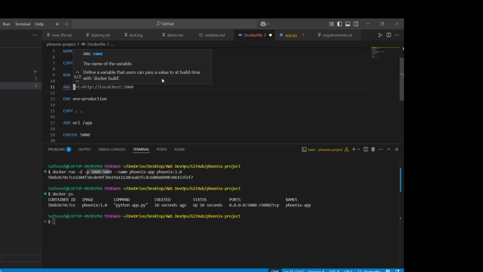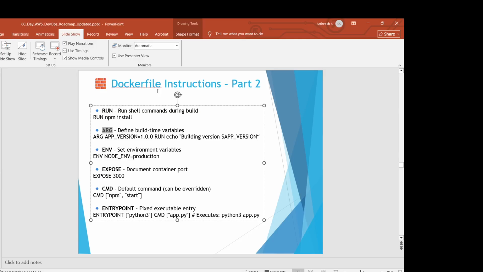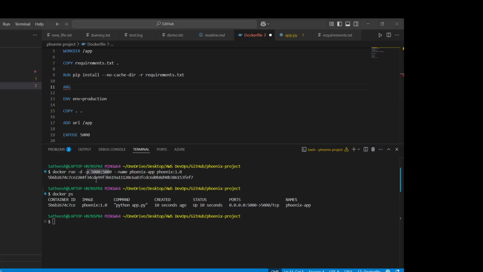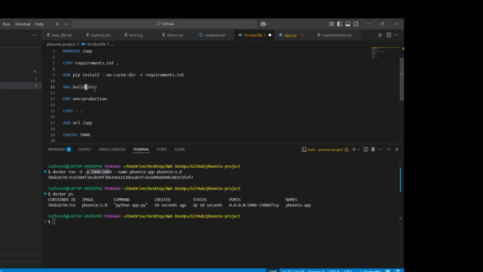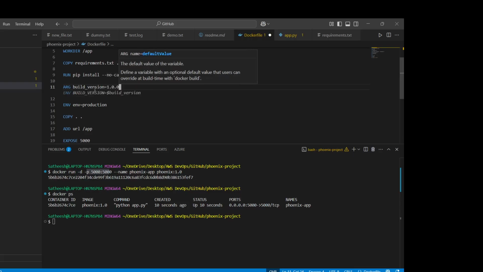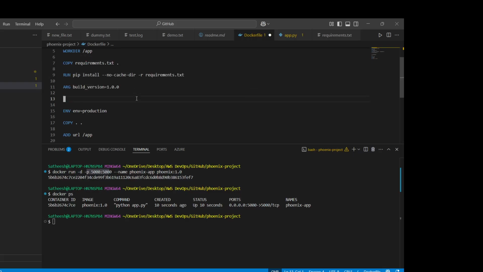Then you have to use this called ARG, because while I was doing this docker build, I can pass an extra argument, so it can come here. Like if I build version something, I give 1.0.0. And then in the environment variable, here it suggested that env is equal to